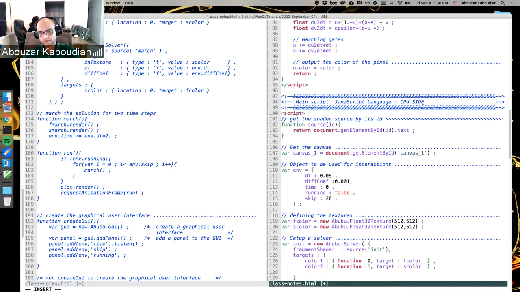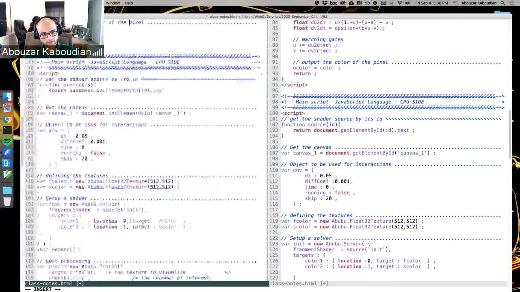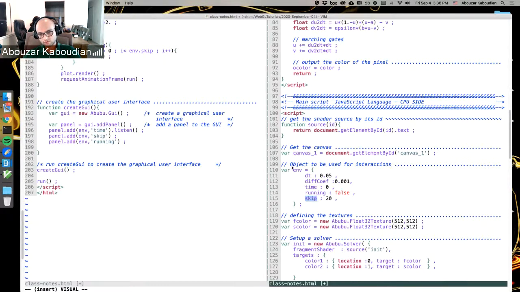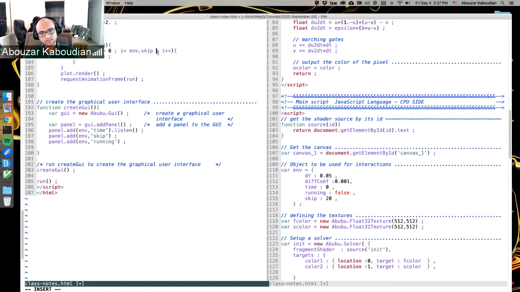It's on the CPU side, and right now it's getting sad about the syntax highlighting here. But the moment that we change something through the graphical user interface, this variable in the environment is changed, and this location that we are reading it is actually reading the updated value. So everything is on the CPU side. We don't need to inform anybody of this event that it has happened. It's always using the updated value here. But whenever we were changing something into the